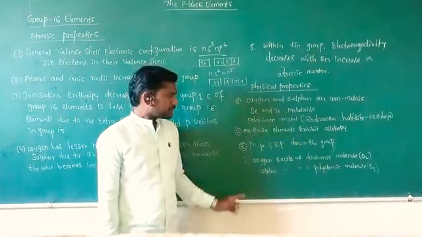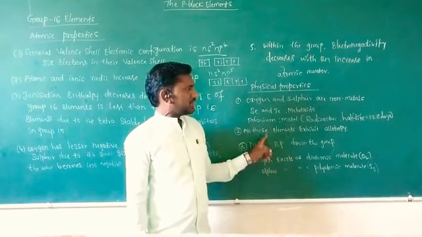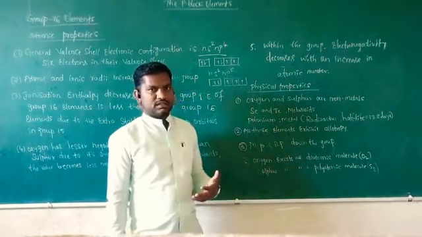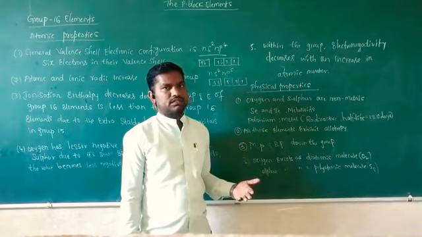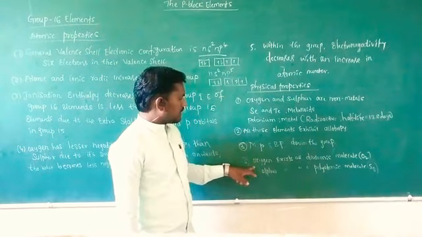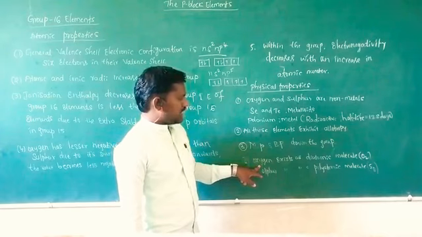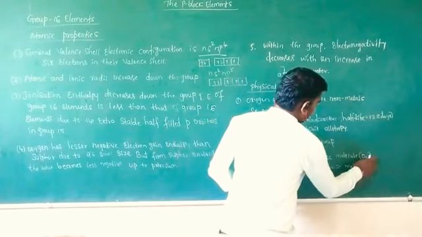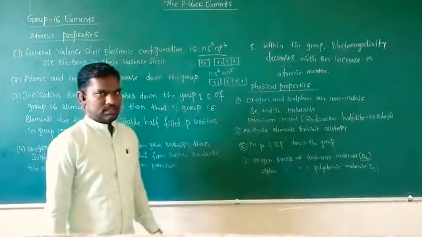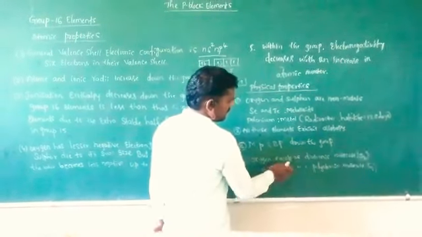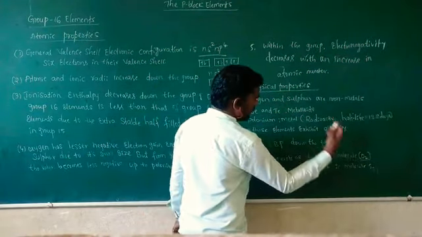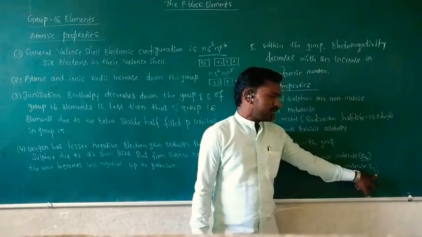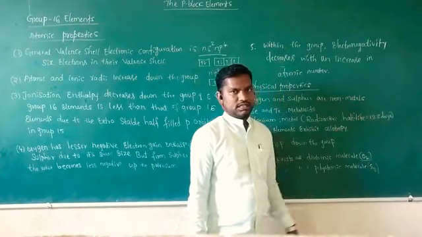Melting point and boiling point of group 16 elements increase down the group, because atomic size increases. Oxygen is available in the air and exists as a diatomic molecule, O2. Sulfur exists as a polyatomic S8 structure. The number of sulfur atoms in one molecule is 8, arranged in a boat shape.